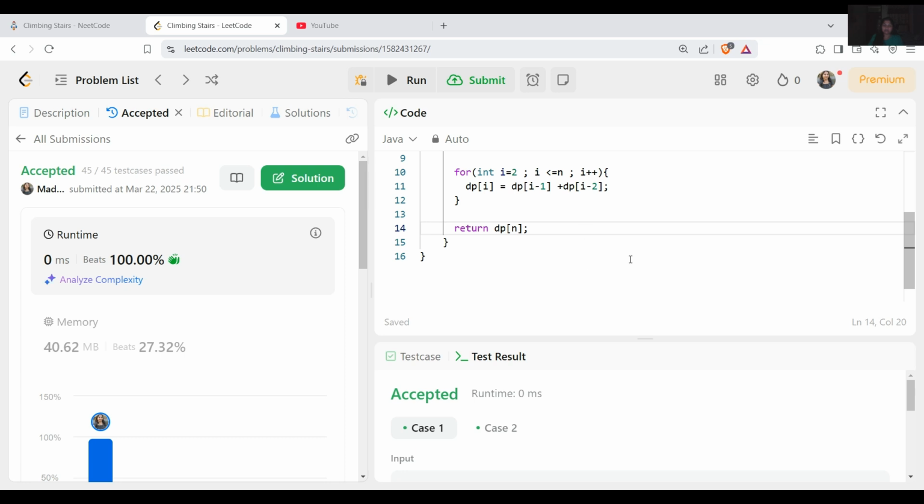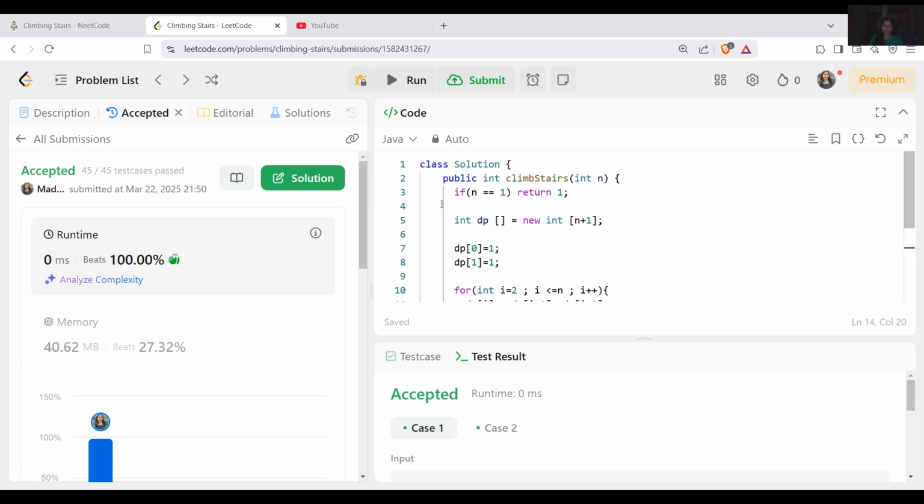In the next solution, the time complexity will be O(n) only, like in this case also, but the space complexity will be more optimized. What we have to do is the same step as we did here, and we will keep integers for previous values, both with the value 1.